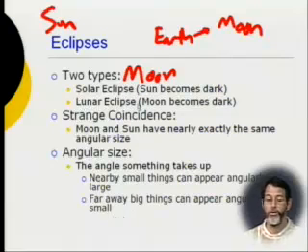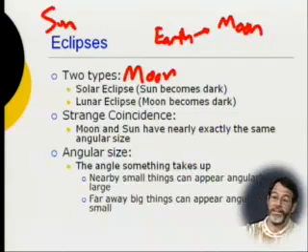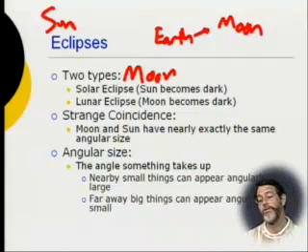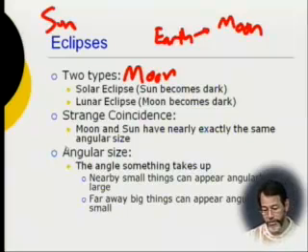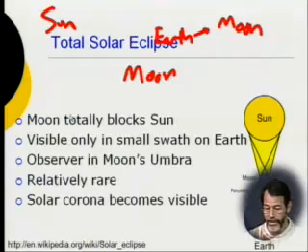So the lunar eclipse is when the moon becomes dark. So why would the moon become dark? Well, the moon becomes dark once a month anyway, when it's right near the sun, because the part that the sun is illuminating isn't visible to us. So we're only seeing the unilluminated part of the moon, and it appears dark. But the moon, in very special circumstances, can appear dark when it's near full. And that is when the shadow of the Earth falls onto the moon, when you have near exact sun, Earth, moon alignment. So again, we've already reviewed angular size, and we've already reviewed strange coincidence.